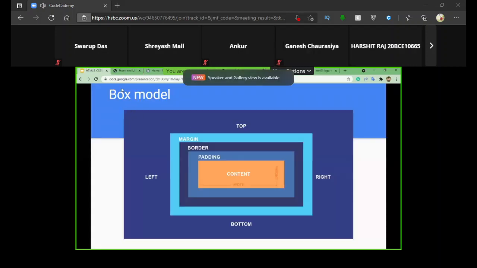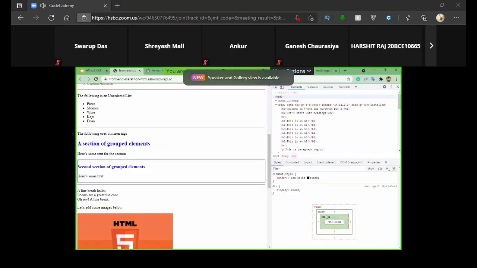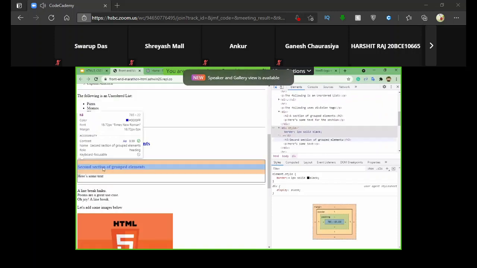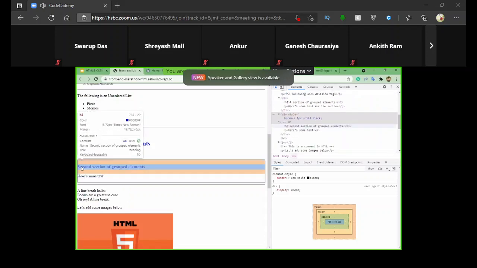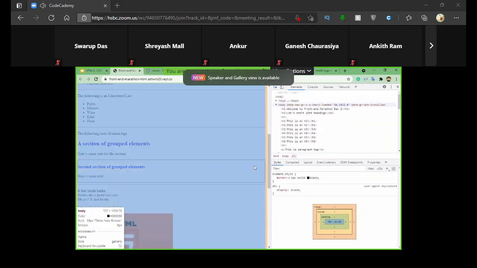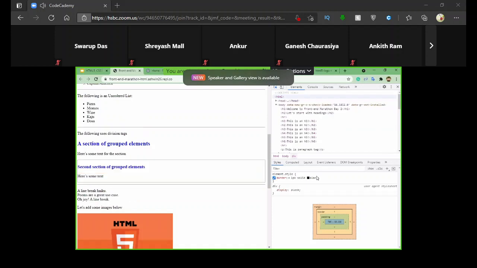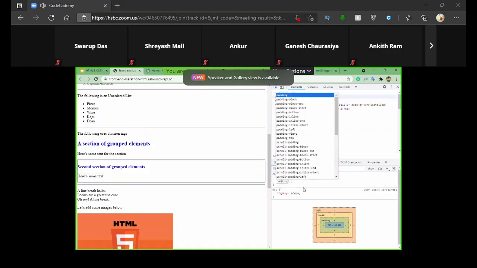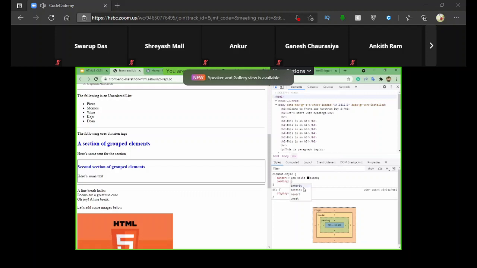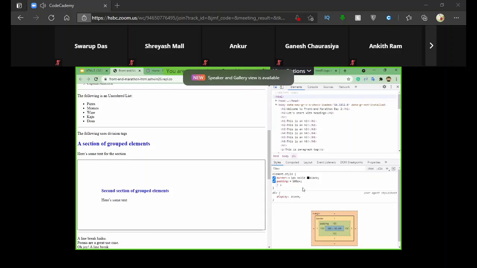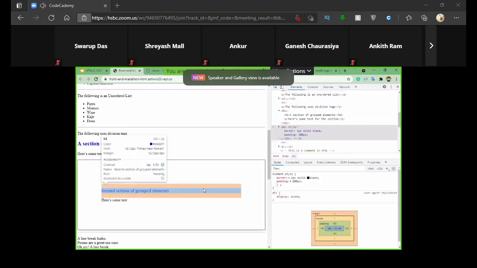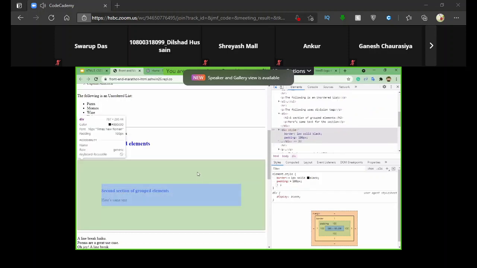And followed by that we have something called padding. Padding is nothing but the inner part of the content space that we have. Let's say we want this text, or both of these texts, inside this border without touching it, so we have to provide a lot of space inside. We can provide padding followed by the amount of space that we want. Let's say we provide 100 pixels. See, it is separated in such a way that we have a lot of space inside this box model.